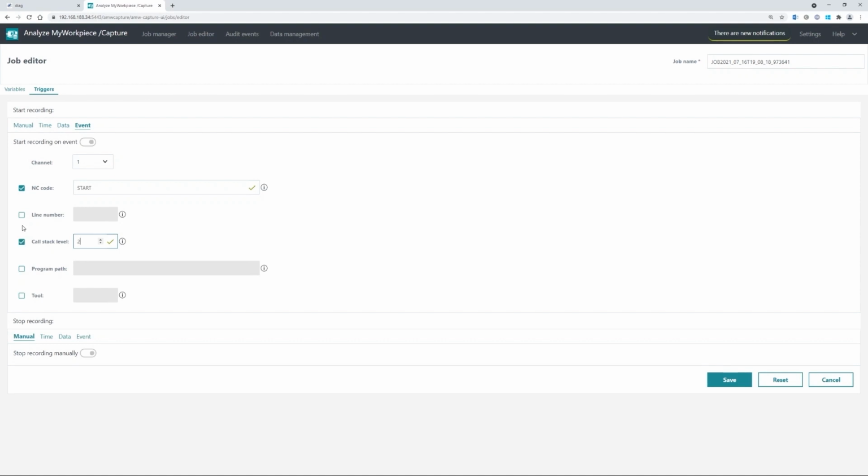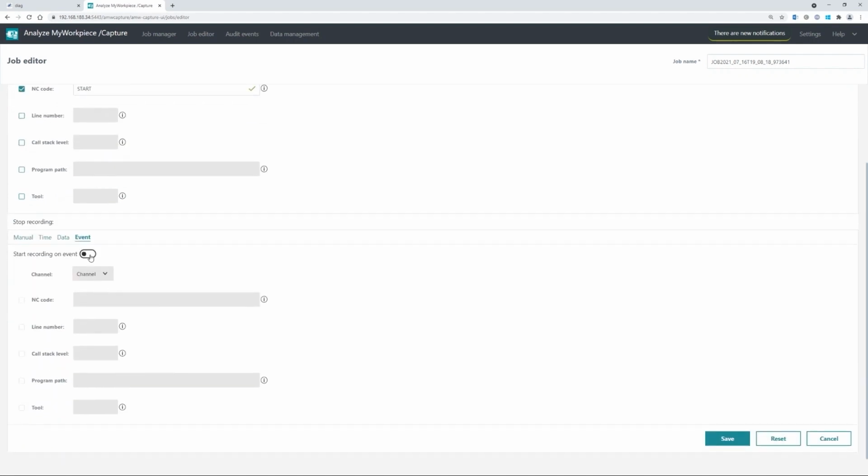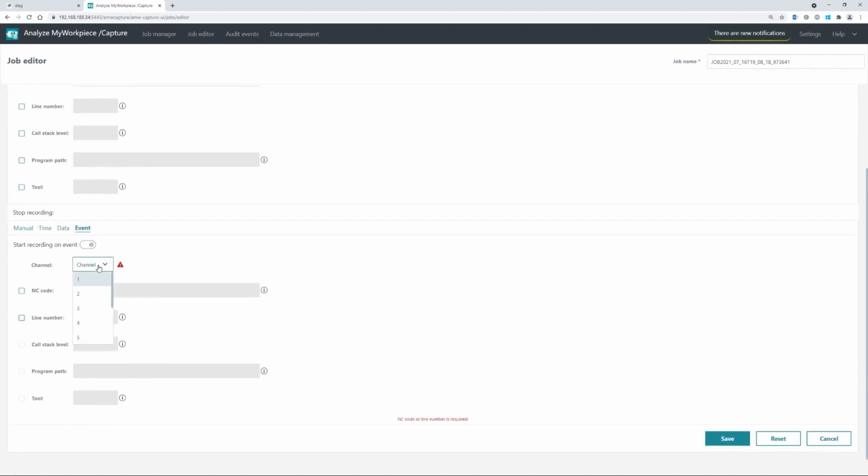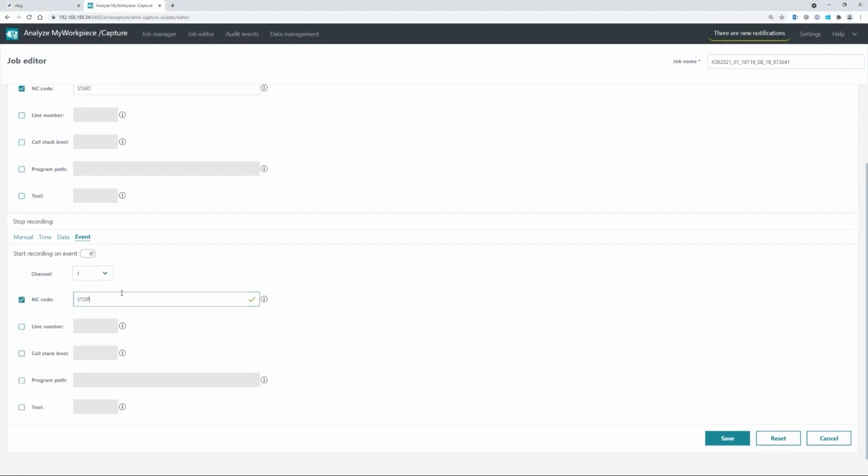This can become even more complex, so I can also use the line number of the NC code, the tool ID, the program path. But this is all not necessary in this simple example. So let's just stick with the NC code start. And we also would like to stop the recording at some time. So therefore I also select channel 1 and "stop", because at the end there was the section